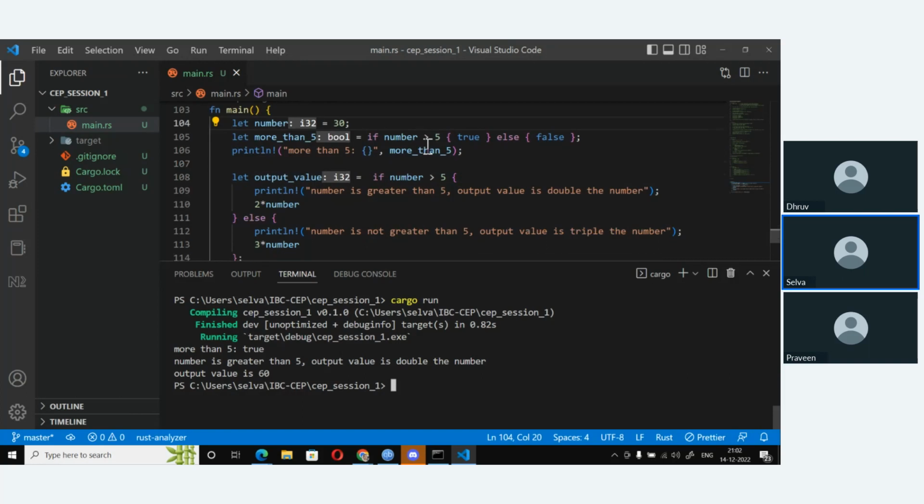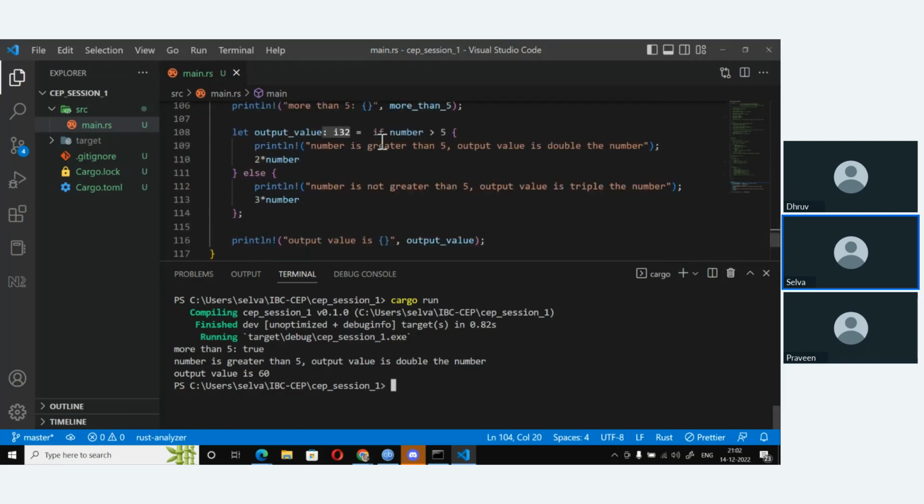So you can actually write complex if else statements and then return the values, if need be. This goes to show that you could have some complex expression evaluation going on, and ultimately the final value that you want returned as part of the if or the else block, you can do that.